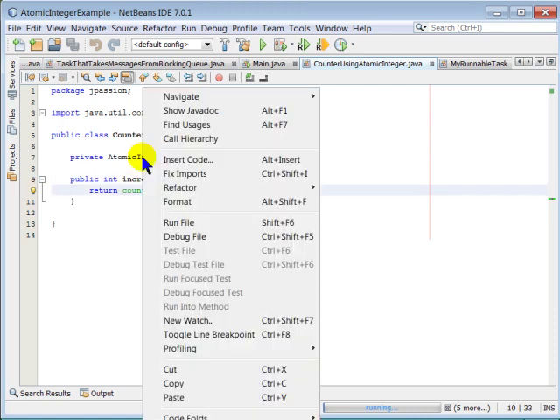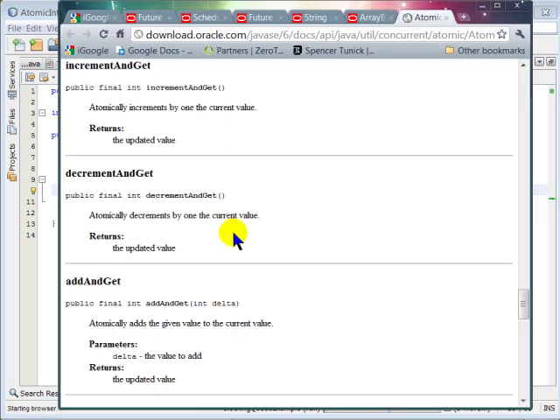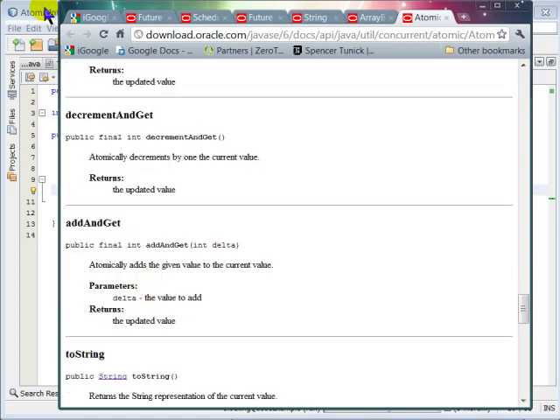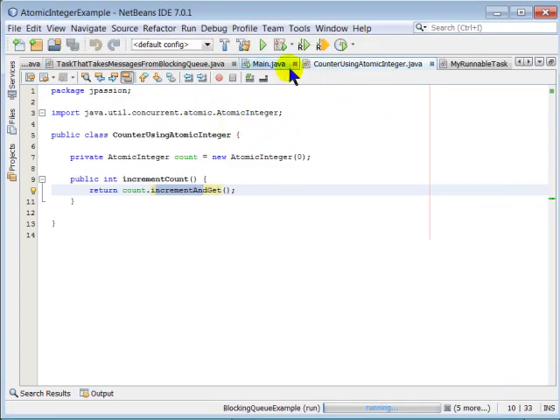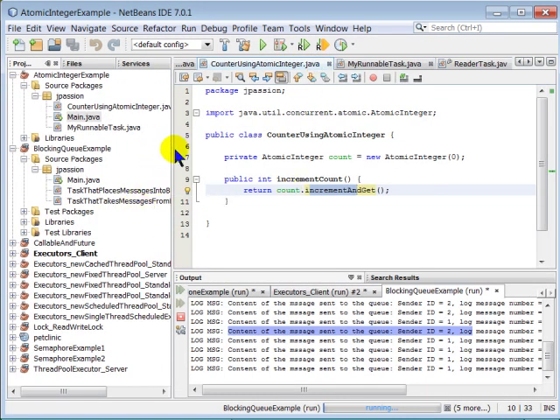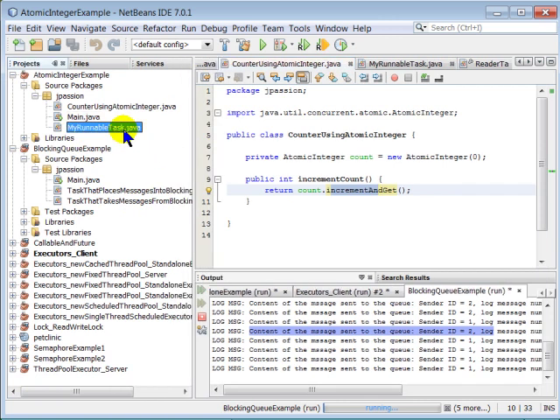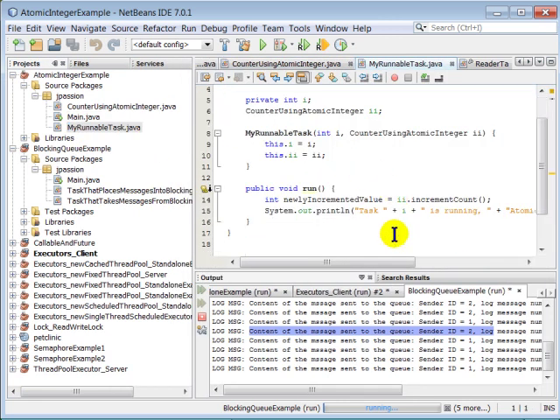So if you take a look at the Javadoc of atomic integer, you can see it provides multiple methods: incrementAndGet, decrementAndGet, addAndGet, and things like that. My runnable task is basically calling the increment count method, and as we have seen, the increment count method is using the atomic integer object to incrementAndGet. So if you run this code,